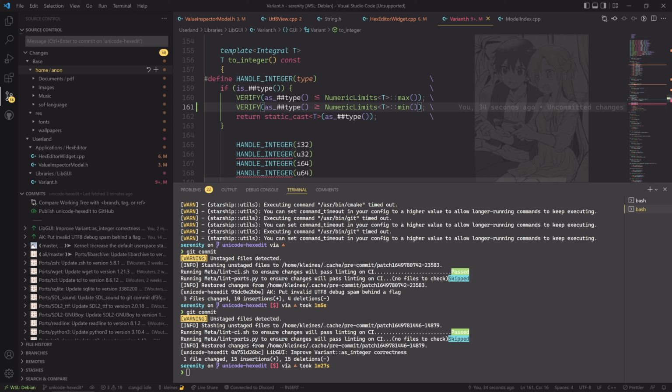Oh damn it, that's more complicated. So I need to check if the left type is signed and the right type is unsigned, or the other way around. If the left type is unsigned and the right type is signed, U32, then I don't need to do that comparison. So